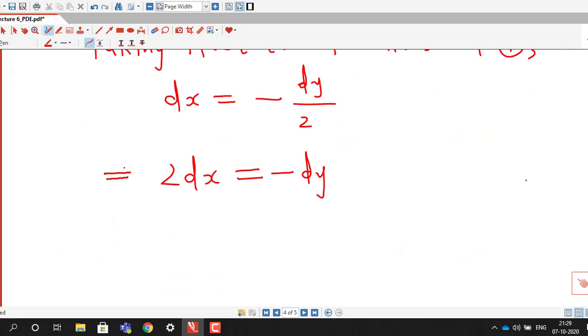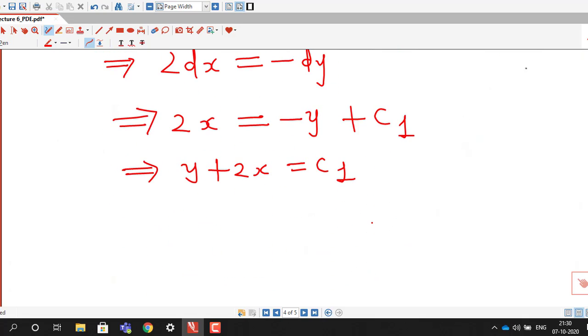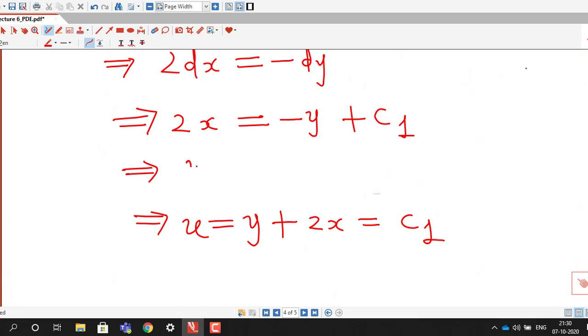this is a separable equation, so after integration we obtain 2x equal to minus y plus a constant of integration, which is c1, and this is y plus 2x equal to c1, and this implies the first solution is u equal to y plus 2x, which is c1. So you have observed this y plus 2x equal to c1,